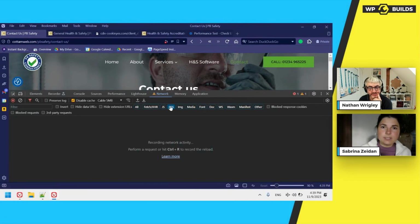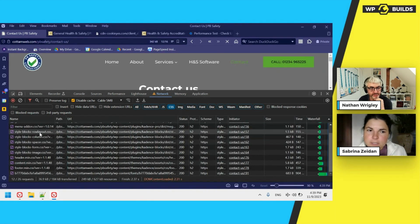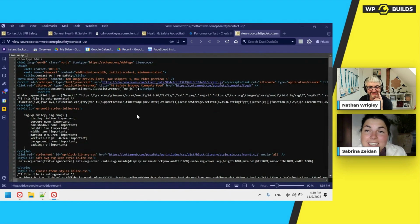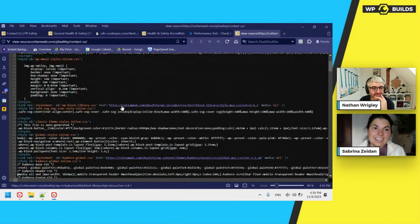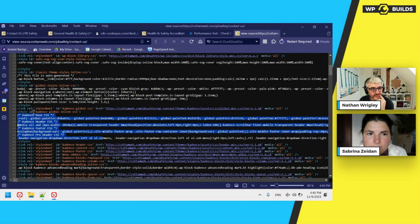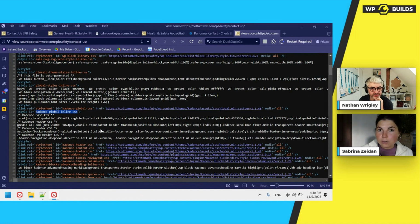you shouldn't be seeing CSS files loading here, but instead you would see CSS added to the head part of your page. I can see Cadence-based CSS here, so there is a little bit already. You see, yeah, Cadence global CSS. So there is a little bit of CSS already here. Maybe that option would bring more stuff in head and